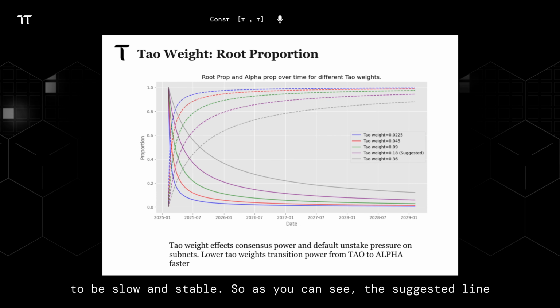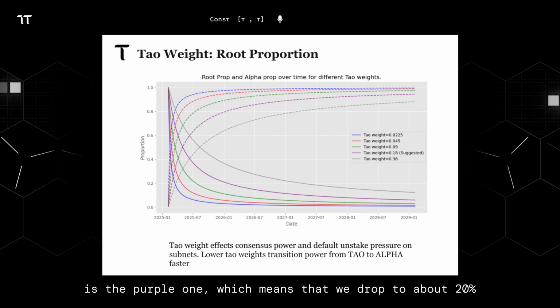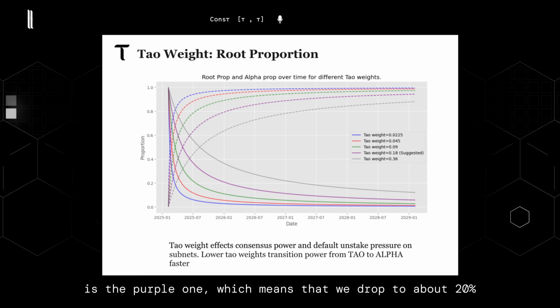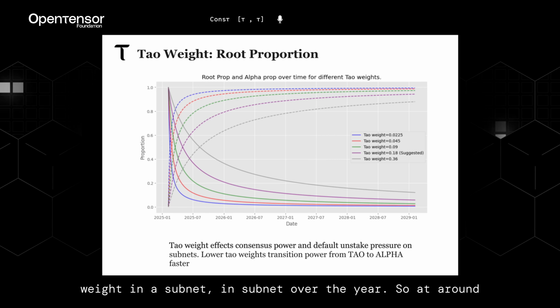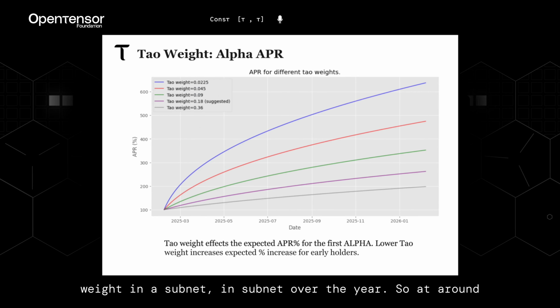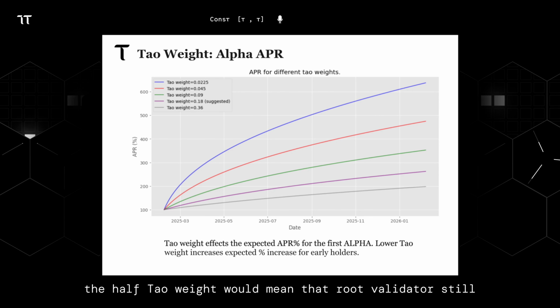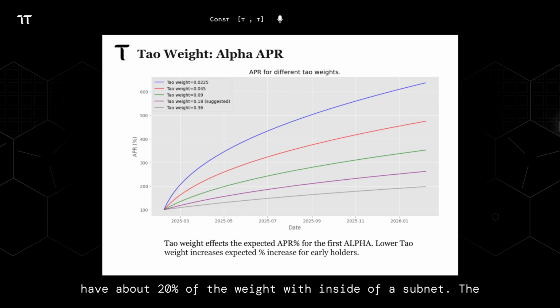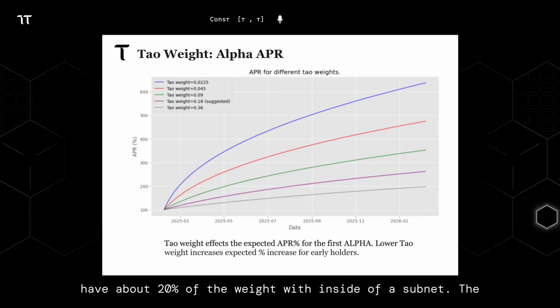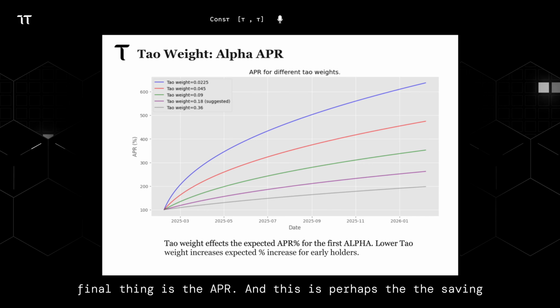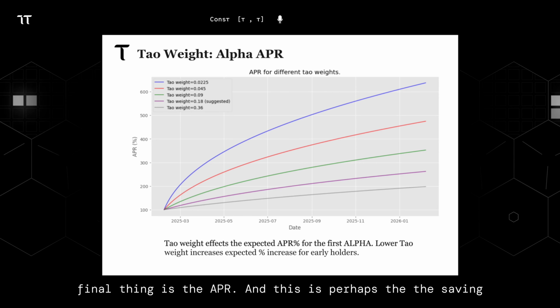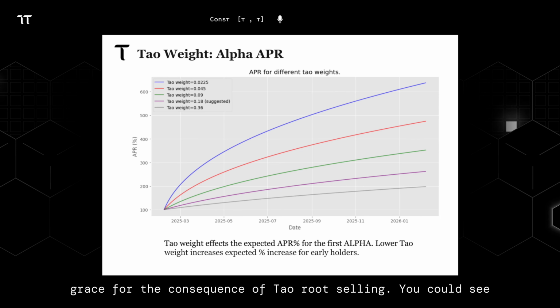So as you can see, the suggested line is the purple one, which means that we drop to about 20% weight in subnets over the year. So at around the halving, tau weight would mean that root validators still have about 20% of the weight inside of a subnet. The final thing is the APR, and this is perhaps the saving grace for the consequence